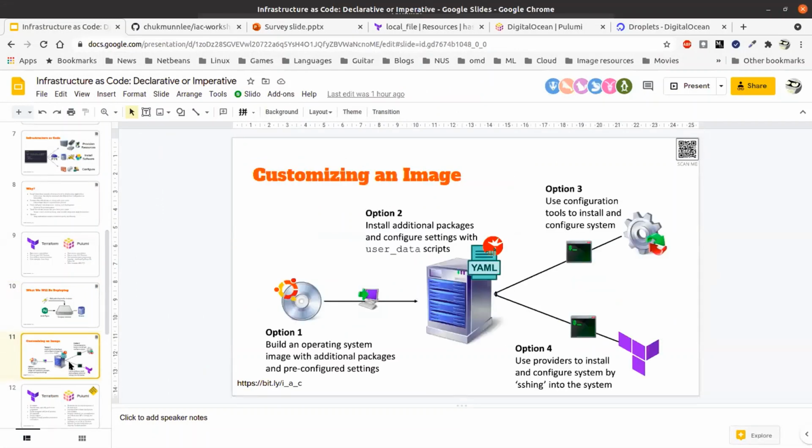There are a few ways that we can go about installing software or configuring a VM that we have just provisioned. The first and most obvious way is to actually build your own operating system image, with AMI, for example, or Docker, or VMware. Generally, you take an operating system like Ubuntu, and then you load all the packages and software that you need.